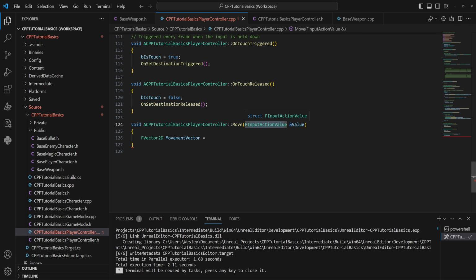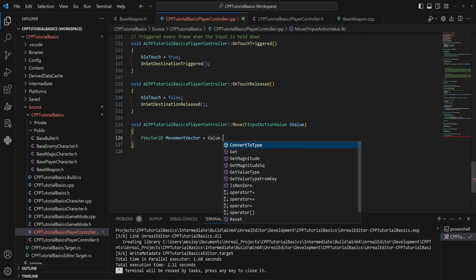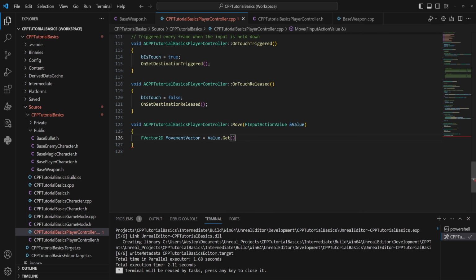But we're going to map this to an analog stick, which means that we're going to get a Vector2 out of it, or a Vector2D, something with an X and a Y value. How far in the X value do we have our analog stick tilted, and how far in the Y value do we have it tilted? So we can simply say we want to use our value and get something out of that,